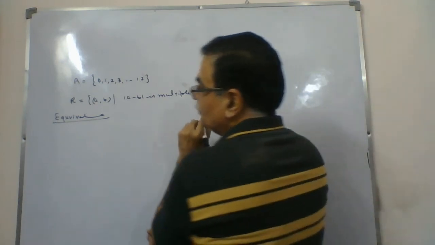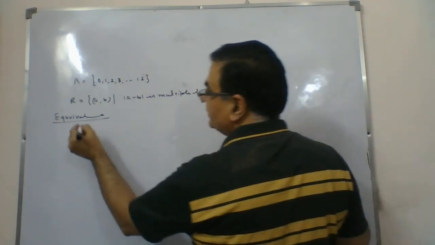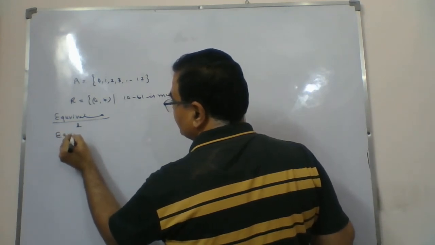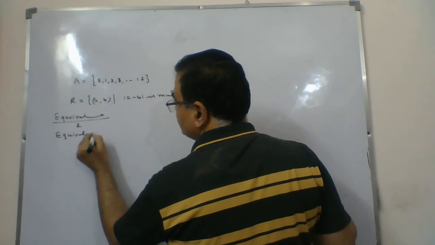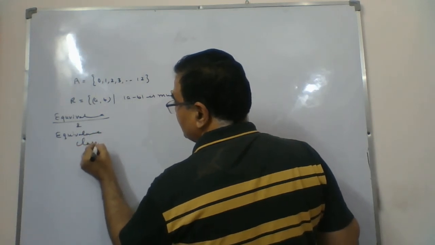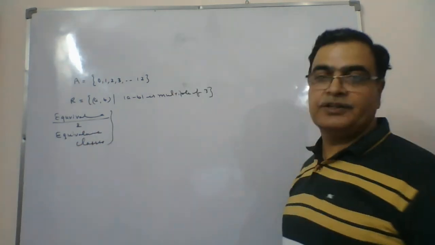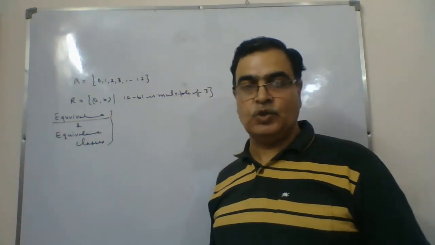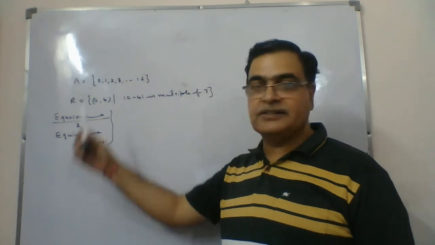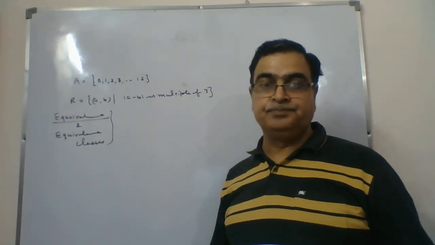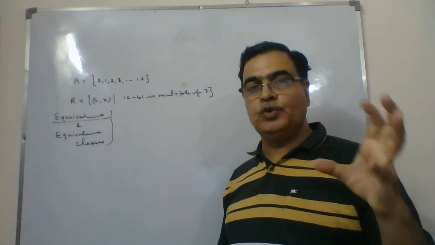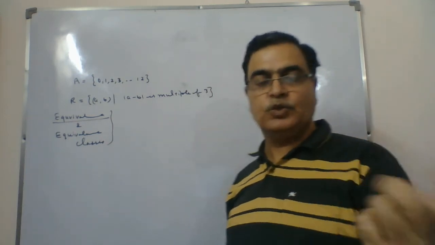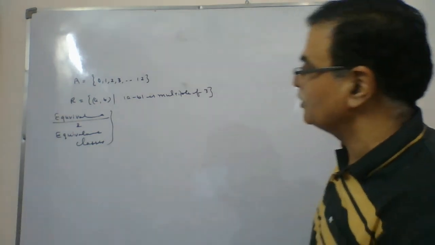relation, and write its equivalence classes. Two things we want in this: prove that this is an equivalence relation and write down the equivalence classes. So I'll take what equivalence classes are also this time. In the last example, I told you about the partitions, and that will convert into equivalence classes. So that same concept we will take here also.